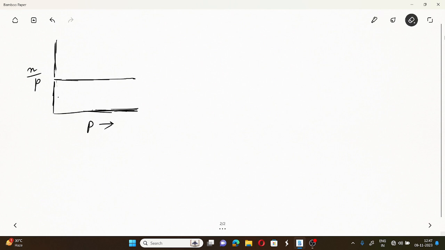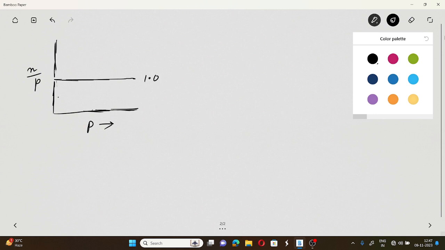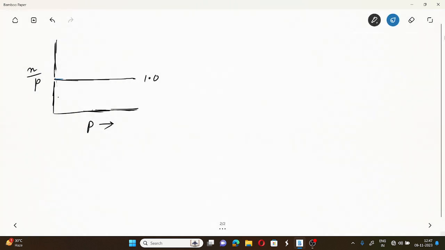So normally if the n by p ratio is 1.0, it will be parallel to the axis, like this. And see how we have shown the stability zone, from 1 to 20, like this. Then it will keep on increasing,